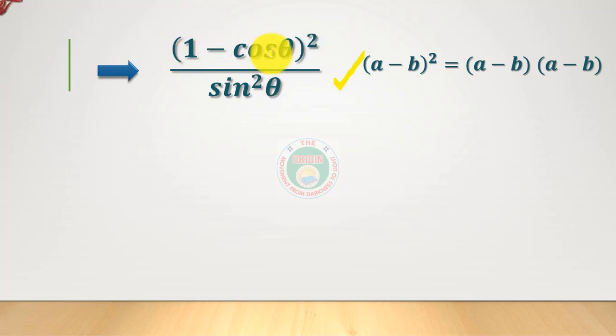Here numerator 1 minus cos theta whole square is in the form of a minus b whole square. Don't expand that, split it into the factorization form. This is an important step. If you expand it, you may not get the RHS. If you want to get the RHS, then you should factorize the term. That is a minus b whole square equal to a minus b into a minus b. What is our target? RHS should be in terms of cos. Cos function should be there and remaining terms you should eliminate.